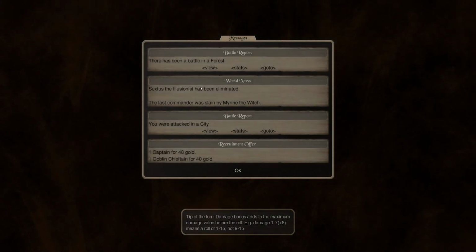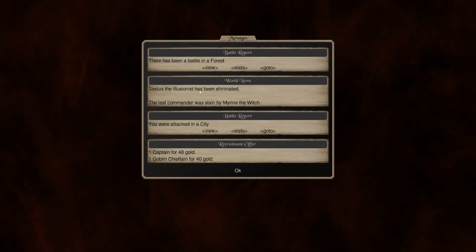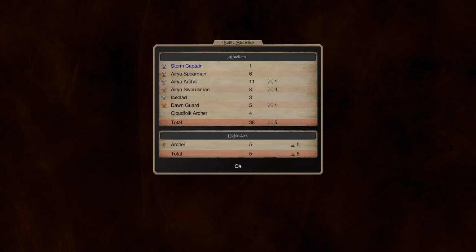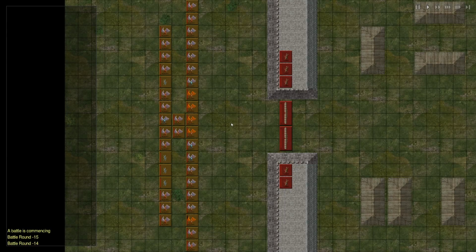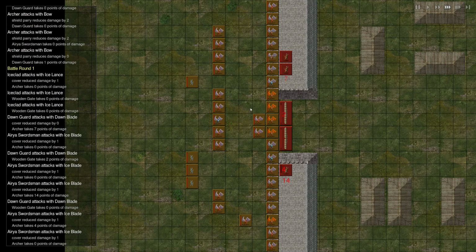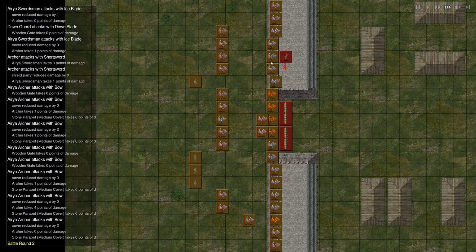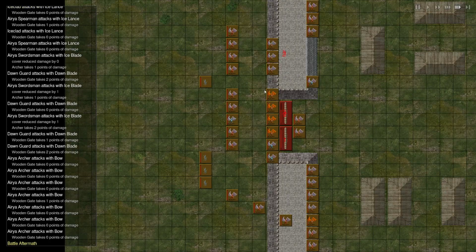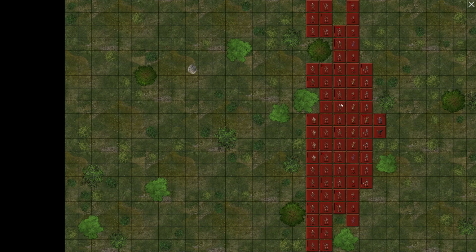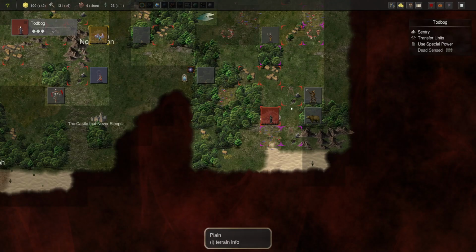Yep. Let's see if we did any damage. Sextus the Illusionist has been eliminated. The last commander was slain by Myrian the Witch. Was attacked in the city, so we're just going to hit the stats on this. Yeah, we didn't kill a thing. And if you'll see, they just zip up because they move 3 spaces. So we get 1 round of archers, and then they just murdered us. So they're not going to be able to do the same against this force, though, so...